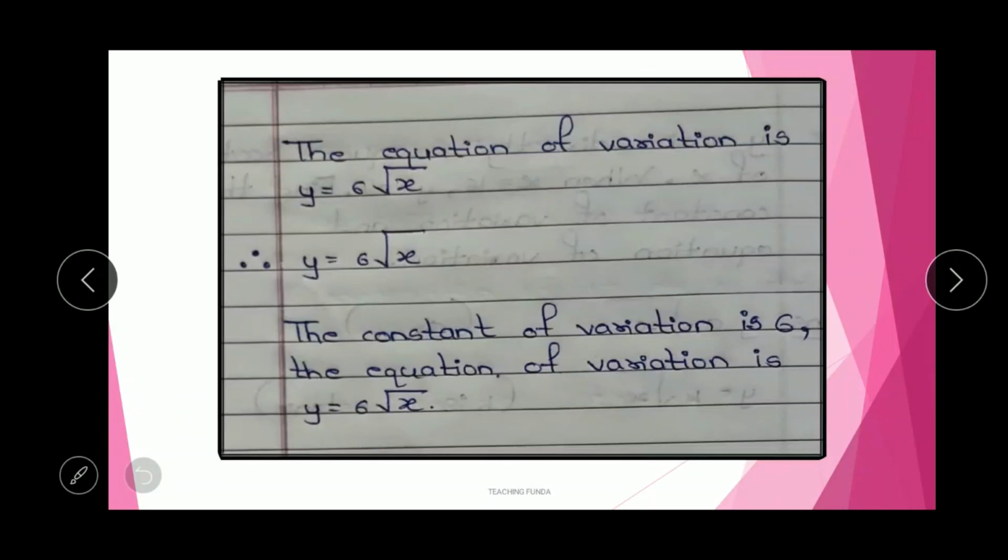Now next step, the equation of variation. In the question it's not asked to calculate anything, just as it has been told, you have to find out the constant of variation and equation of variation. So for the equation of variation, the same formula you have to apply. y is equal to k into root x in this case. Okay, so that will be your equation of variation. Just you have to replace the value of k. When the equation of variation is asked, just replace the value of k, the others you need not put values, y and x as they are.